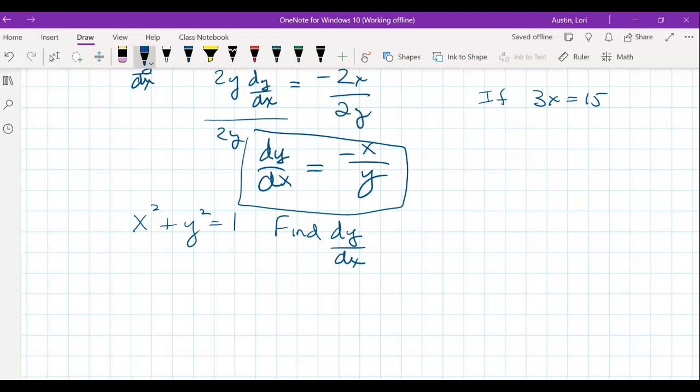Yeah, y prime. Y prime's really nice because I'll show you how y prime works. Forget the chain rule and all that other stuff. 2x is great. I can take the derivative of x squared because it's just an x. I can take the derivative of y squared. It's 2y. But the second I take the derivative of a y value, I attach y prime. Derivative of 1 is 0. Solve for y prime. So if you don't like writing dy dx, just write y prime. Same idea. 2y, y prime equals negative 2x. So then y prime